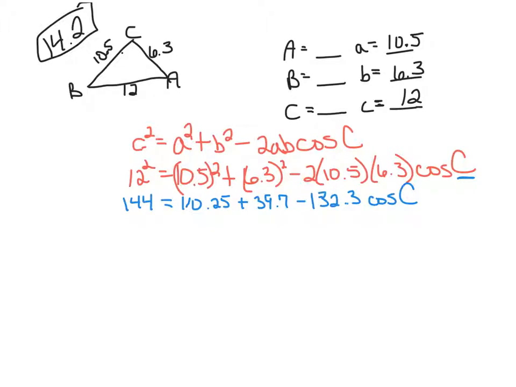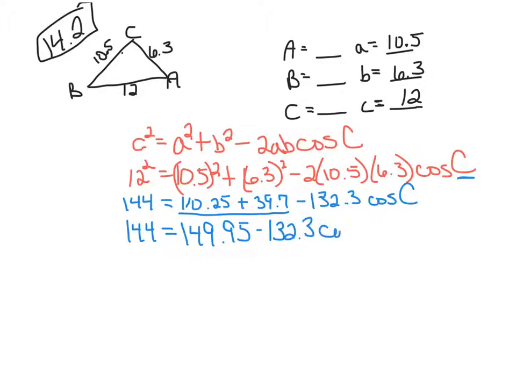So then I am going to add these first two together, the 110.25 and the 39.7, and I get 149.95 minus